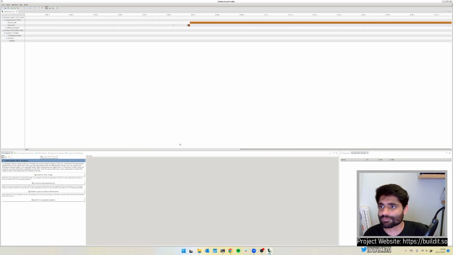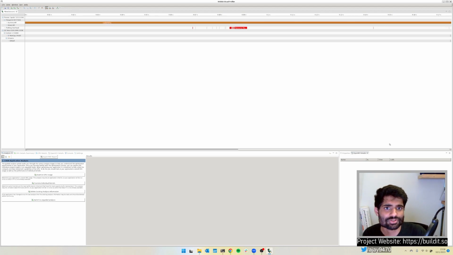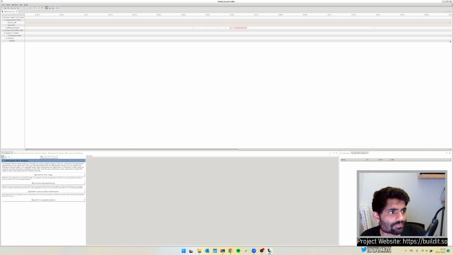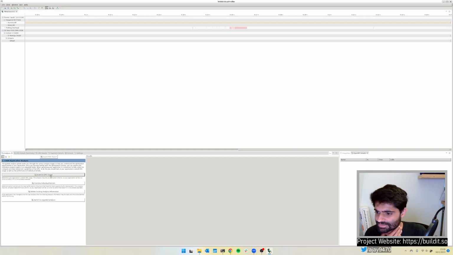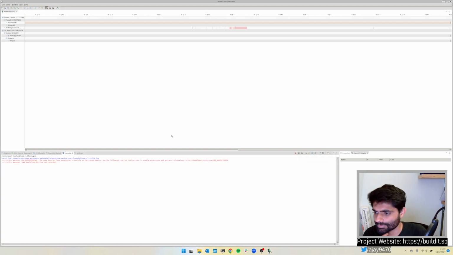So okay, if you look at the whole timeline, we see that it launched our applications. They're sort of like CUDA malloc calls, which took a while to run, and there are the other CUDA memcopy calls that took a while to run, and eventually there is our actual kernel that ran. If you click on this, yeah, this is the actual kernel. And also, what I'm going to do is say examine GPU usage, and this will tell us,